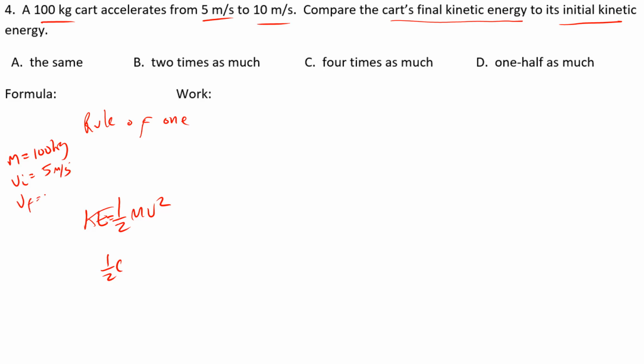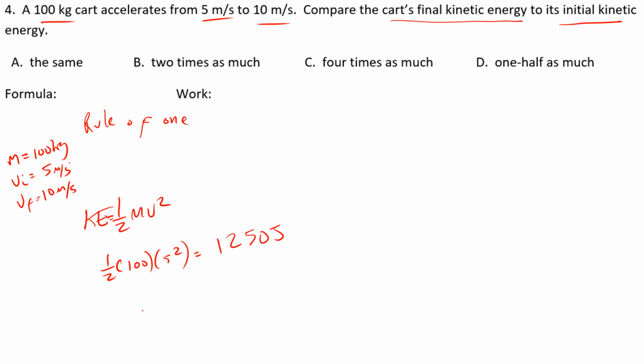The final velocity was 10 meters per second, but we're just going to plug these in individually in this equation. So 1/2 times 100 times 5 squared, that is 0.5 times 100 times 5 squared, and you get